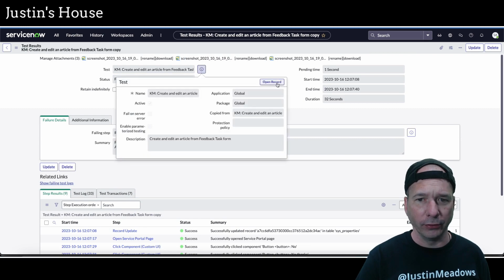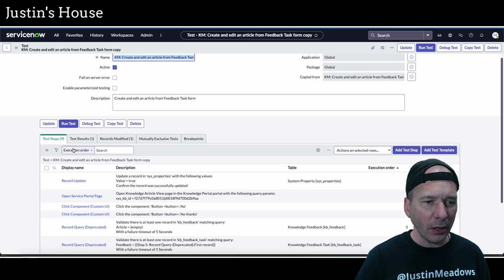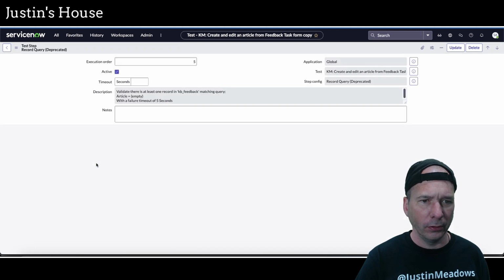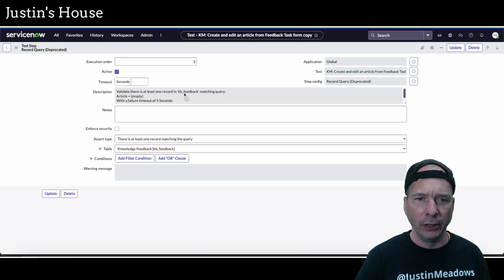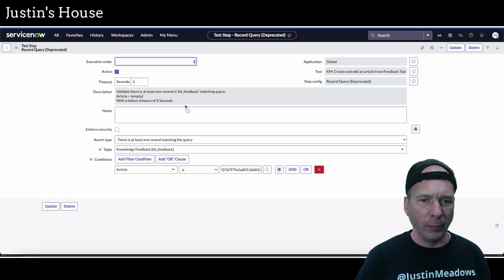You know me, I gotta fix things. Let's go back to step number 5. Alright, there's the test steps, and validate that there's at least one record in KB feedback matching the query. Alright, so this is what's broken. Validate there is at least one record in the KB underscore feedback table matching article is an assist ID. Okay. So let's just